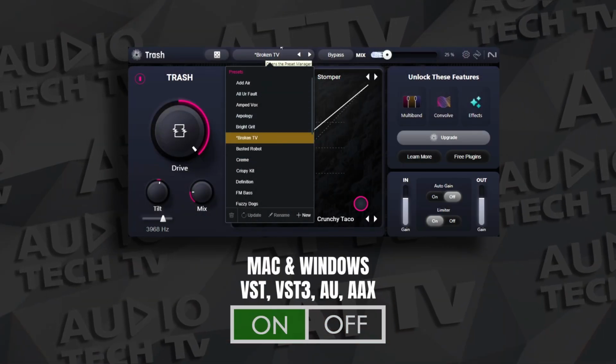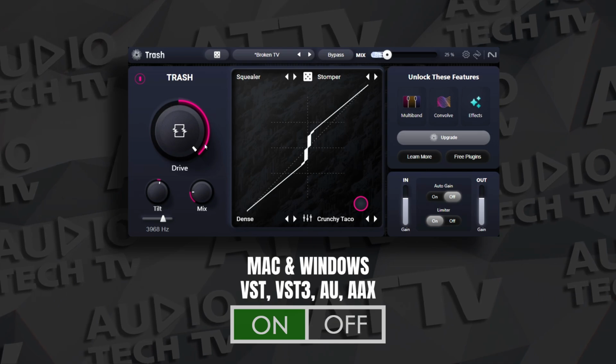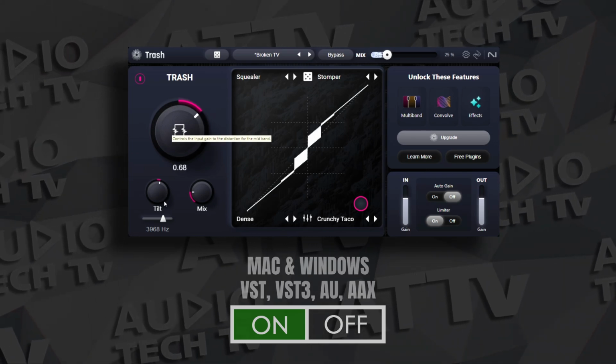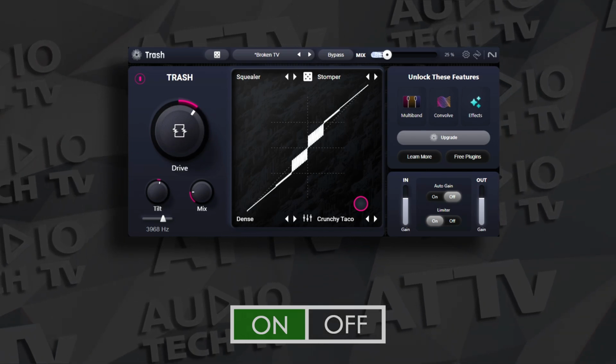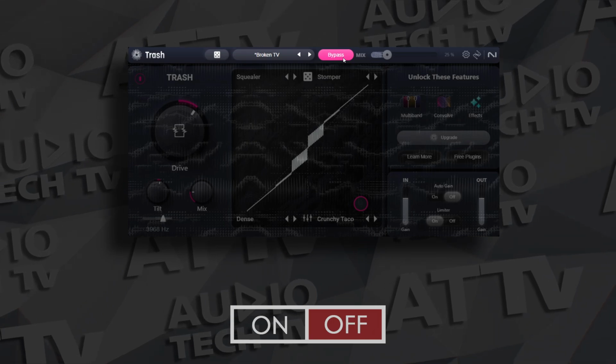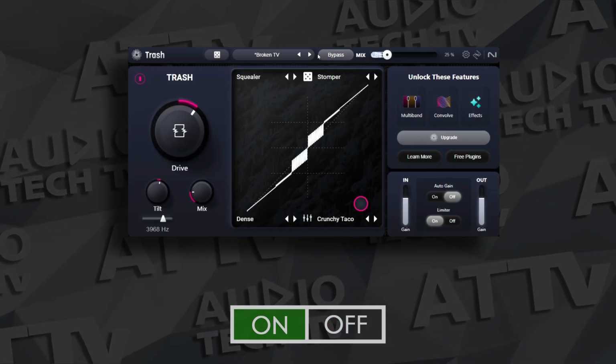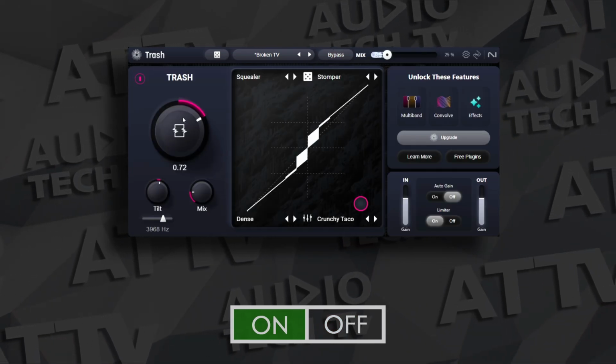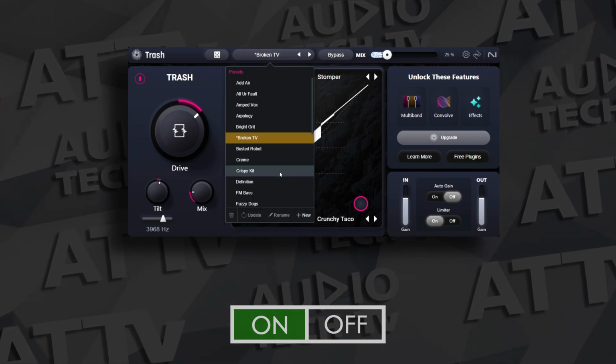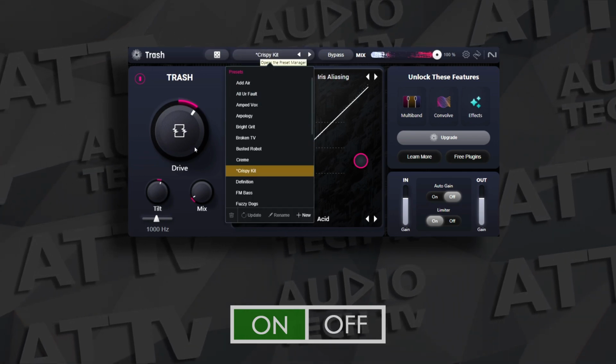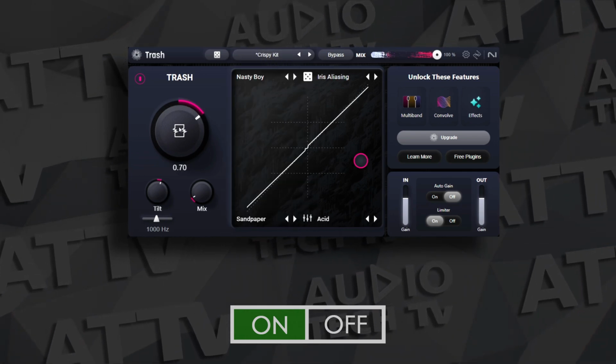When you can get a top quality plugin from a big name developer for free, then you grab it. This one is Trash Light from iZotope. The former version of this, Trash 2, is a legendary distortion plugin. It's been around for years, and iZotope have recently updated it, and with that update, they've released this free version called Trash Light. This is a very creative distortion. It features 60 distortion models with an extremely easy to use interface.